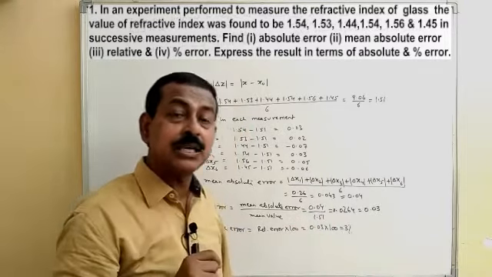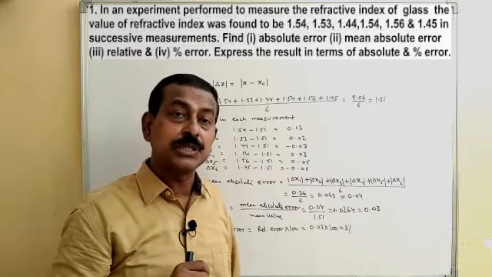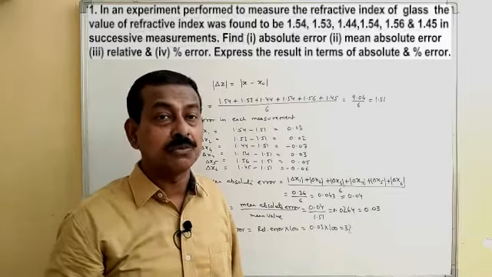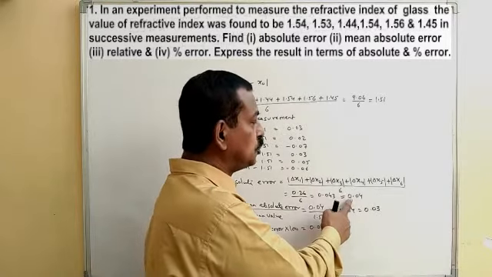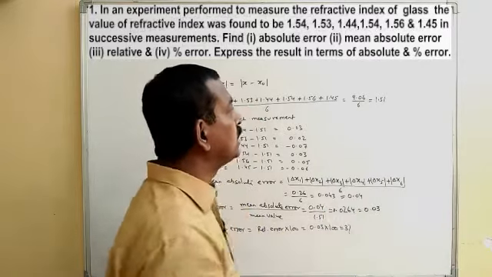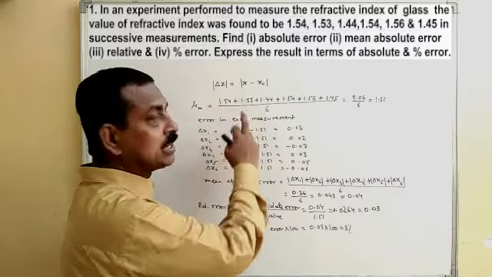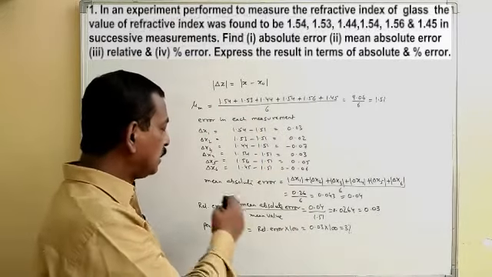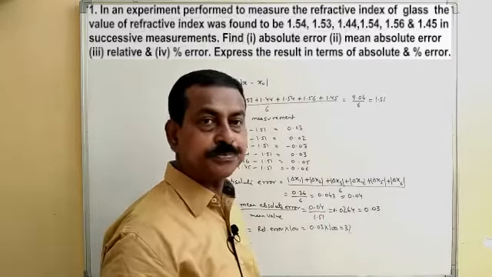Now when we have to write the final result, we will take care of the significant figures, and for that we may have to round off. If you round off, in that case it will be 0.04, because here all observations you will find are up to 2 places after decimal, and they have 3 significant figures. So it is your 0.04.